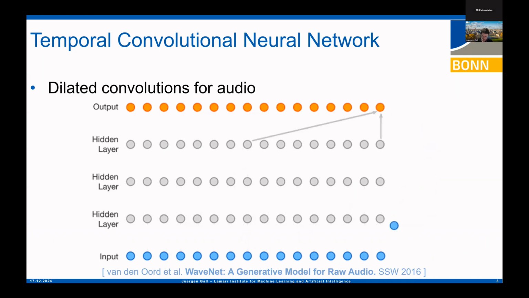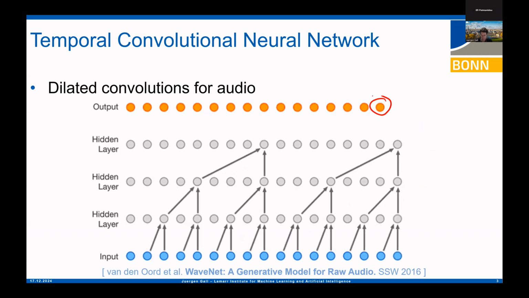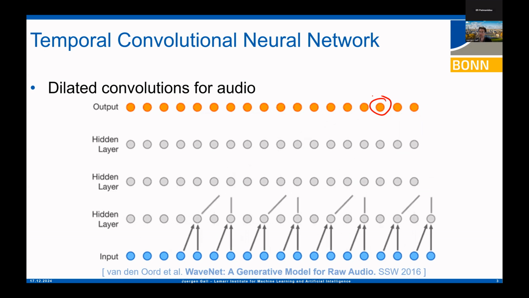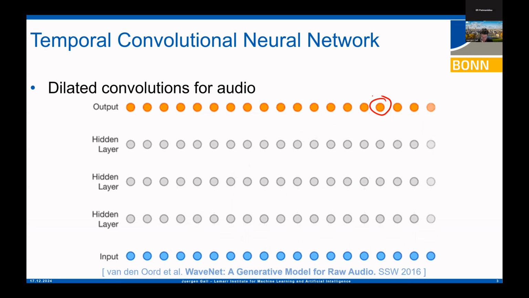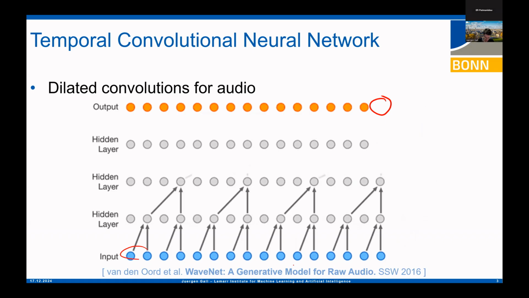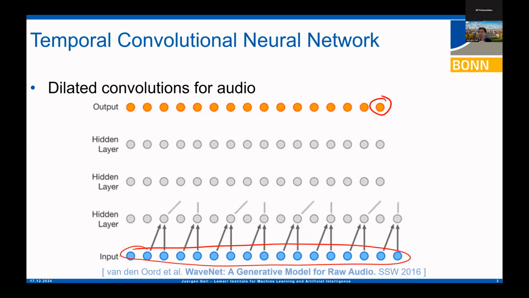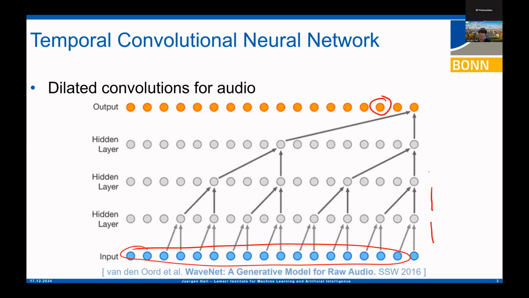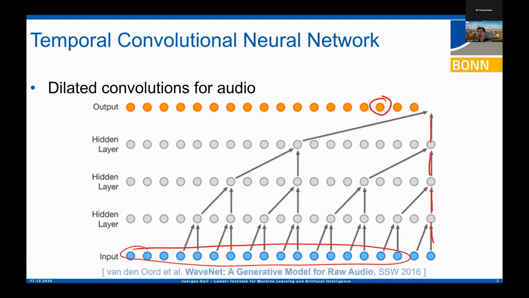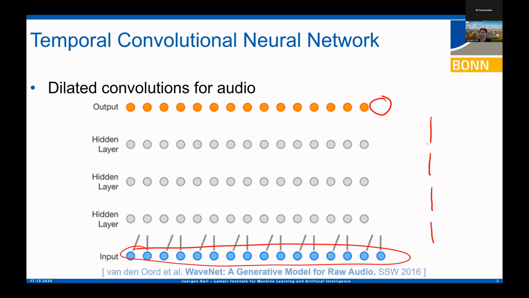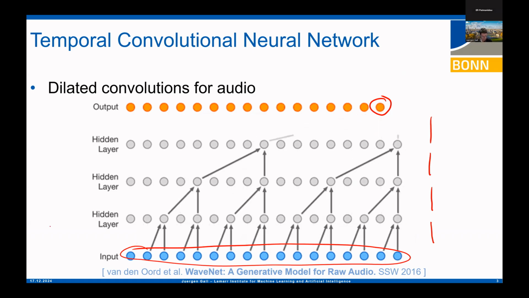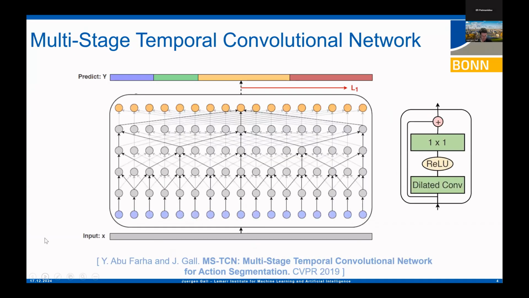The nice property is, if you look at a single output, a single frame where we make a prediction, think about the class probability of the activities, and you look at the dilation factors where information is taken into account, it actually takes the entire sequence. For each of the layers you see a larger gap between the nodes, and this is exactly the dilation factor. This type of network is what we can use to understand video data.